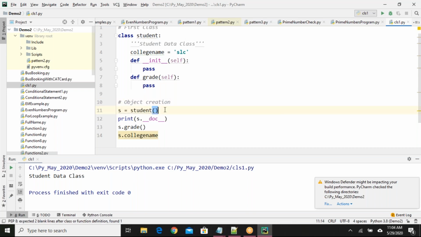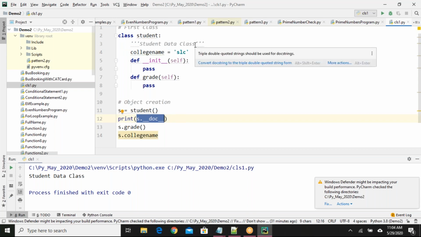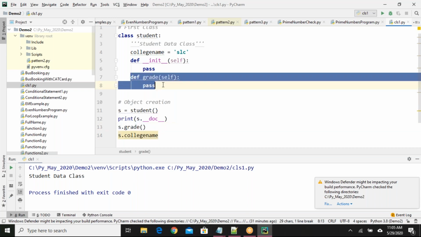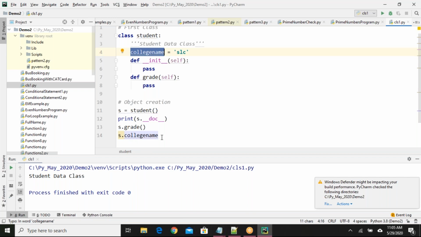If you want to access the documentation string, you say s dot underscore underscore doc underscore underscore. This will give you the documentation string. Later, if you want to access s dot grade, this is the method I have, you can access it. You can also access the class variables.